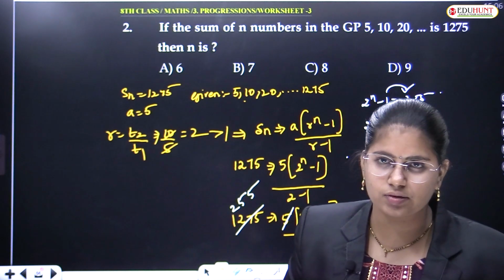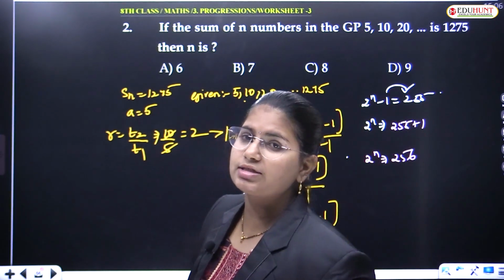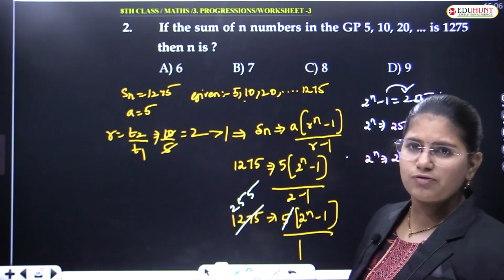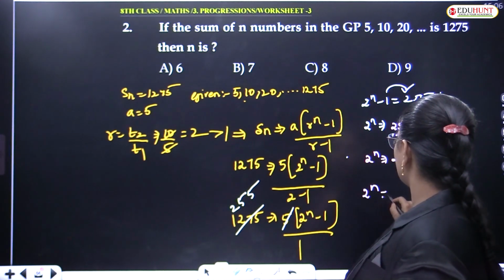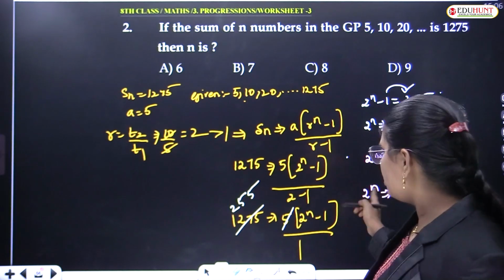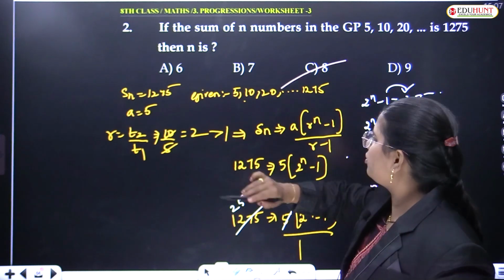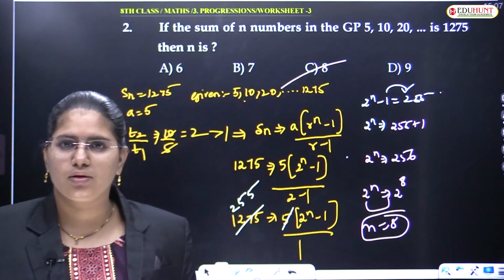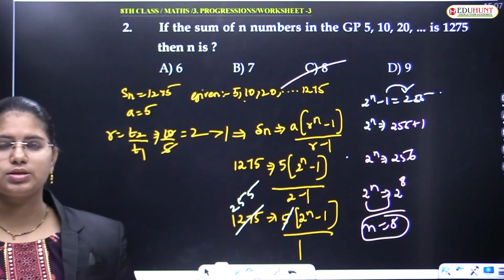Quickly, you have to tell me the answer. Which is 2 power 8 or 6? Tell me. 16 into 16, 2 power 8. Correct? In the previous problem also we have solved 2 power 9 is equal to 512. So as per this, 2 power n is equal to 256, I can equate it with 2 power 8. On comparing, we get n is equal to 8. So what is the option? Answer C will be your option. Am I clear with this question? Yes. Please look into it. Make it fast. If you're done with this, we'll be getting back to the next one.